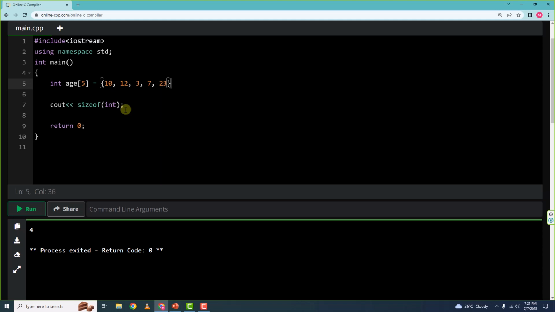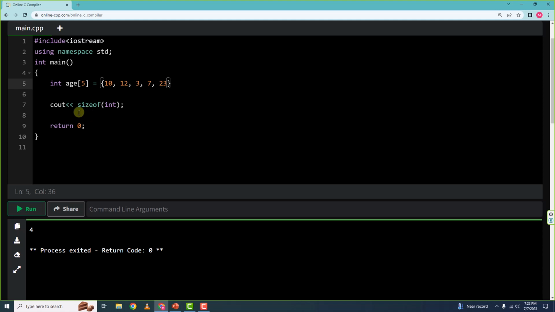So we have 5 values in this array. Now let us try to get the length of this array. We can measure how many elements there are in this array. Of course, we know it is 5, but let us try to get it as an output using the sizeof